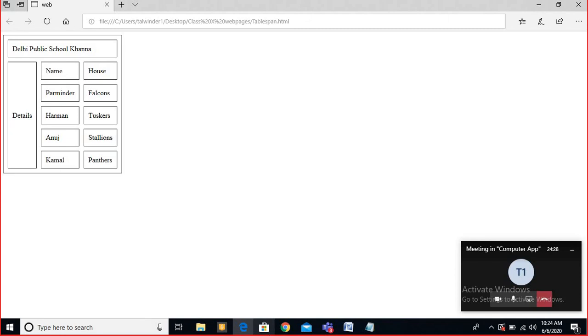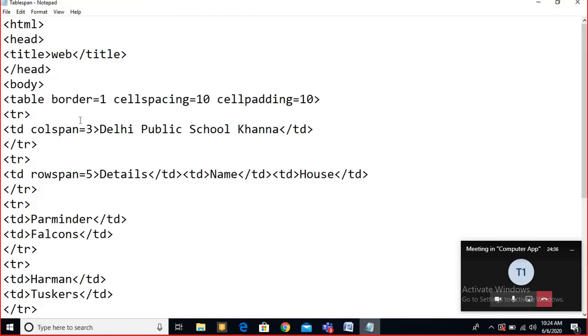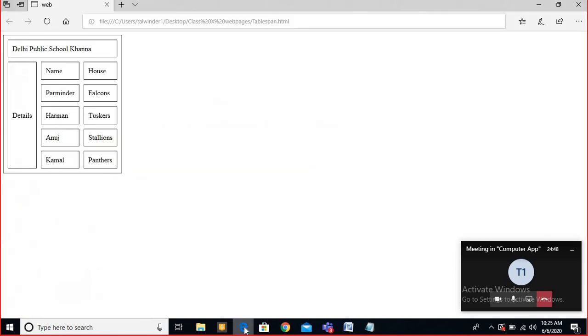When you use padding, it will take it automatically. If you want to give it, you can do so with align. For example, Delhi Public School is not coming in the center. So for that you can give align is equal to center. Then it will come in the center. Okay? So I hope this spanning concept is clear to you, everybody.